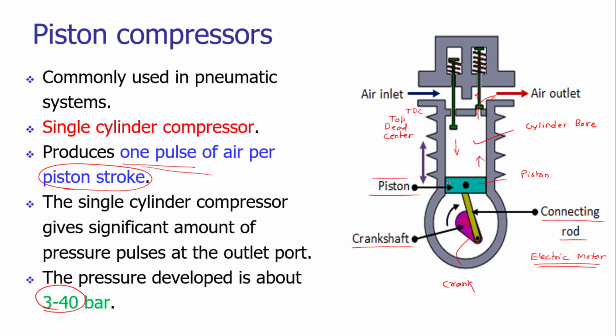There is a sliding friction between the piston and the cylinder bore. At a very high rate of reciprocating motion, more and more thermal energy will be generated, and that thermal energy needs to be dissipated. It needs to be reduced to have efficient operation of the compressor. So for that purpose, we need to have fins. The fins are increasing the area for the heat convection.